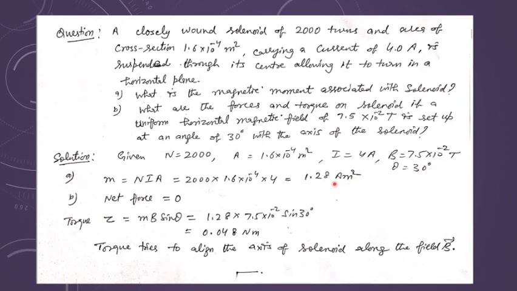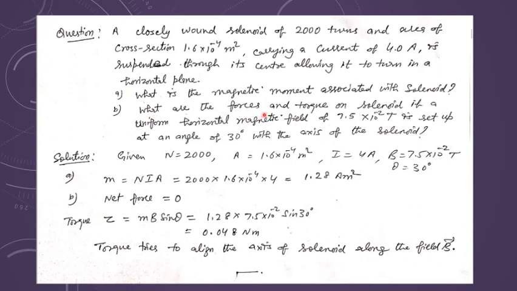So of course you should know the units. Take care that the area of cross section is given in meter square only. If they are giving it in some other units, you need to convert the units. Similarly, current should also be in amperes only. By chance here the things are given as per the SI unit, so you need not convert, you can directly multiply and get the magnetic moment. First part is done. Go to the second part now.